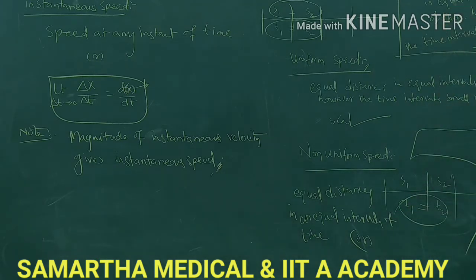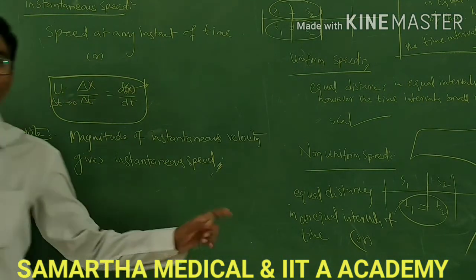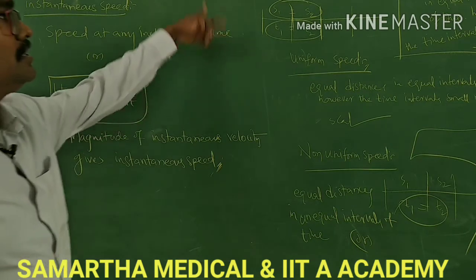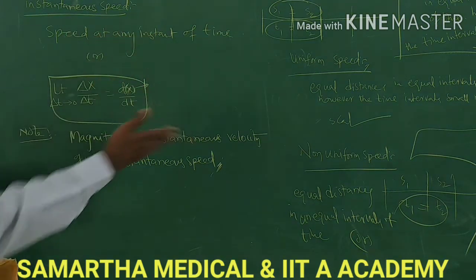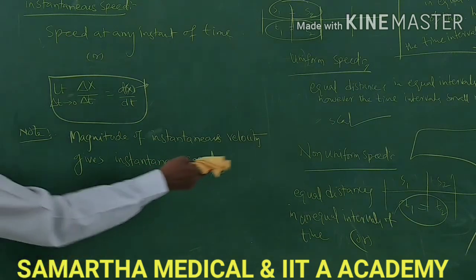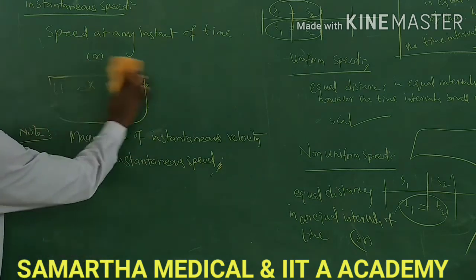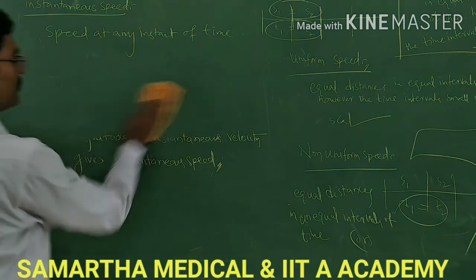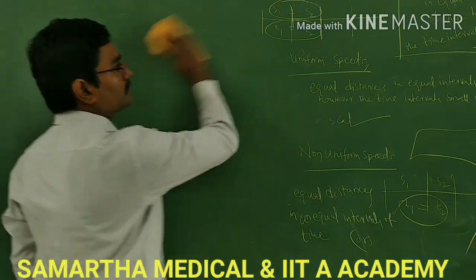So, you can notice one thing. Later we will discuss uniform speed and non-uniform speed when we go to the acceleration case. Right, clear? Same unit, it's a scalar quantity. The SI unit is meter per second, the CGS unit is centimeter per second, and the dimension formula is L T power minus 1. Right, shall we go for next?